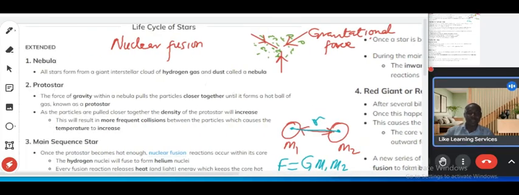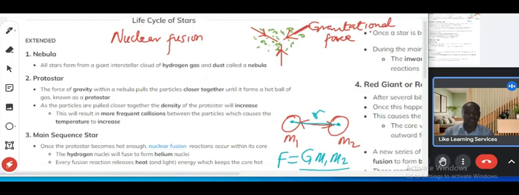Now, back to the matter. Every object exerts a force on itself, and every object exerts a force on another object. So the nebular particles exert a force on each other, which is concentrated to the center. That's what causes the crushing of those particles. So they are crushed towards the center